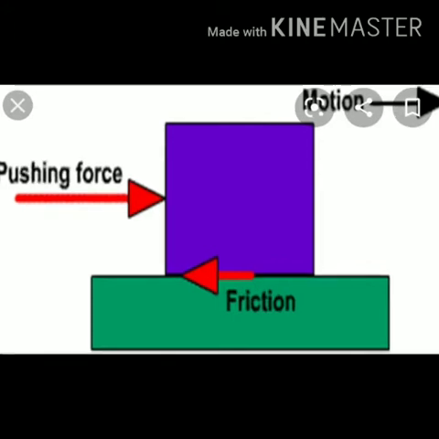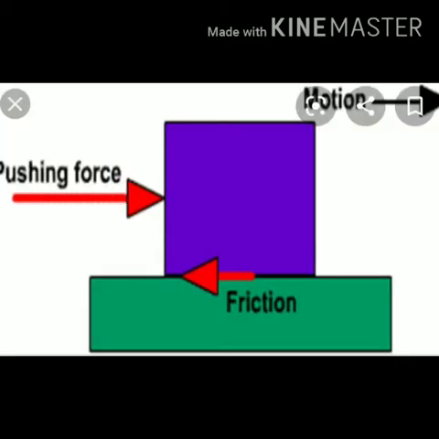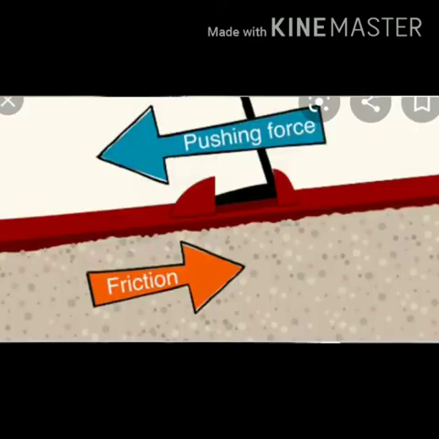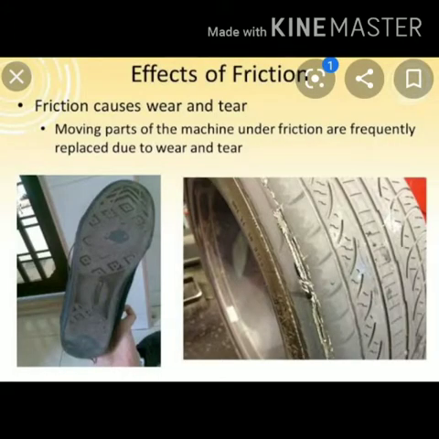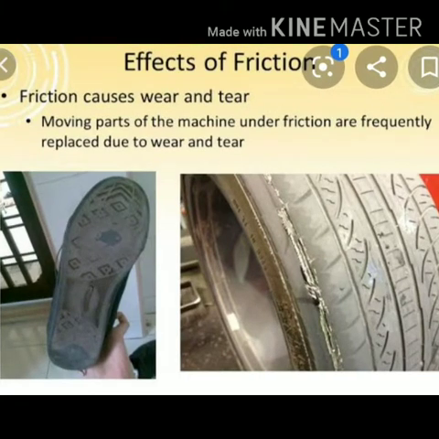Here, friction is the force that opposes or resists the relative motion between two bodies or surfaces in contact with each other. Friction always acts in the direction opposite to the direction of motion. So if we move a table towards north, then the force of friction will act on the table towards south. Similarly, when a bucket of water kept on the floor is moved towards left, then the friction between the floor and the bucket acts towards right.